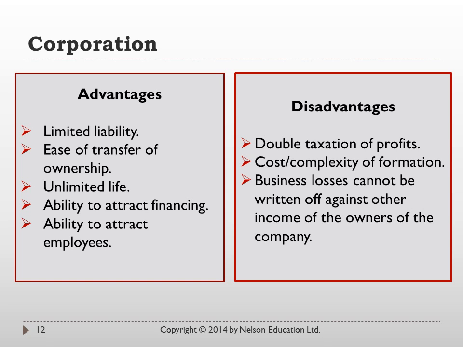There are some disadvantages of corporations. One we've talked a little bit about, and that's the cost and complexity of formation. As well, there are a lot more regulations and controls for corporations. For instance, corporations typically have to produce financial statements for the shareholders, and if it's a public corporation, those financial statements need to be audited, which can be expensive. The Securities Exchange Commission really monitors and controls corporations. There are a lot more filings that need to be done with the government for corporations.